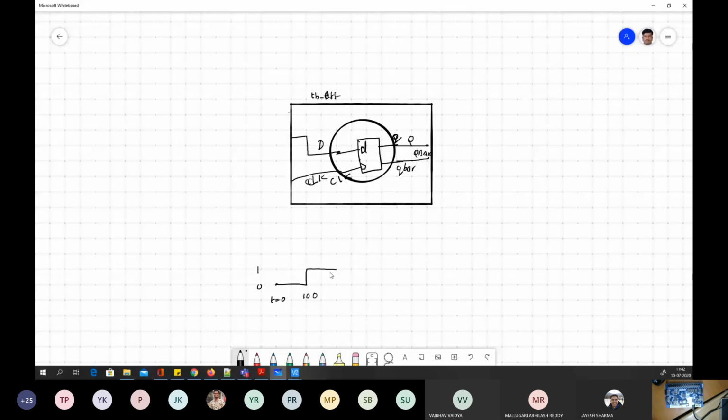And now again it's waiting for 100 units of delay. Let's assume this is again incrementally 100, so the final value is 200. Again we are saying clock equal to not clock. That means it will be something like this, right? Again, after another 100 time units, at 300, it will become clock equal to not clock. So basically what you are trying to do here